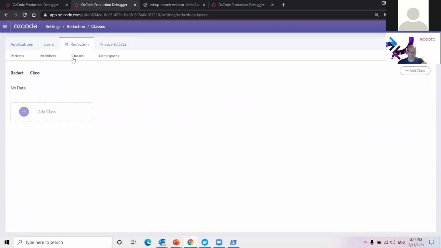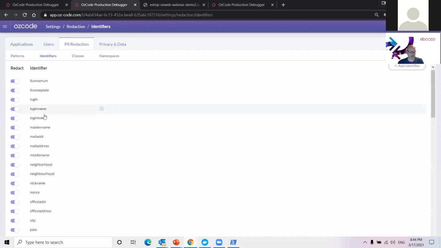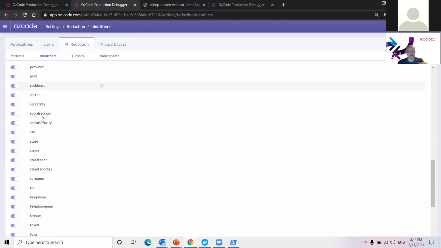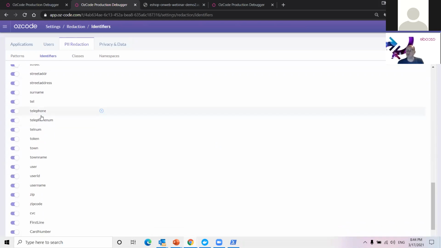But we could also filter out inside entire classes or namespaces. So if I'm in the healthcare industry, I might be filtering out things that have to do with DICOM or patient names or any identifying information about the patient, and so on and so forth. But the system does ship right out of the box with some really good sensible defaults for all the normal suspects, right? Like CVV and SSN and user and email and password and all of those things.